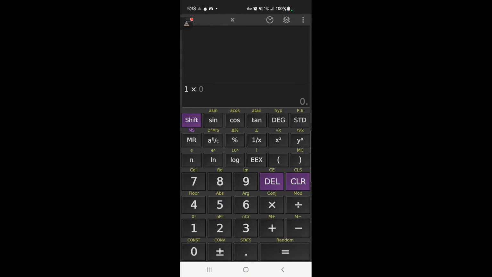1 times 4 is a square. 1 times 3 is a triangle. 1 times how much makes a circle? 1 times 4,